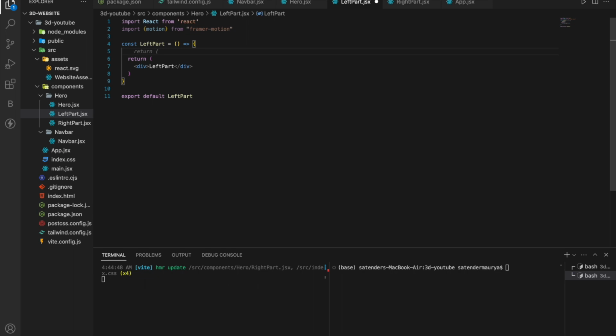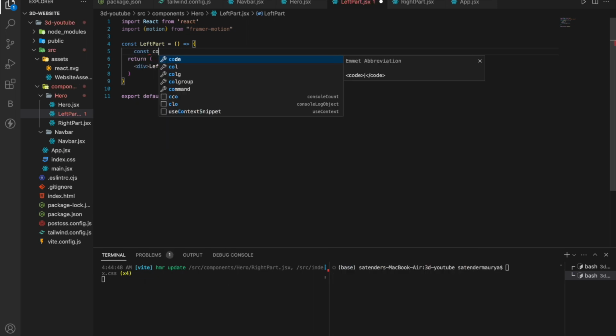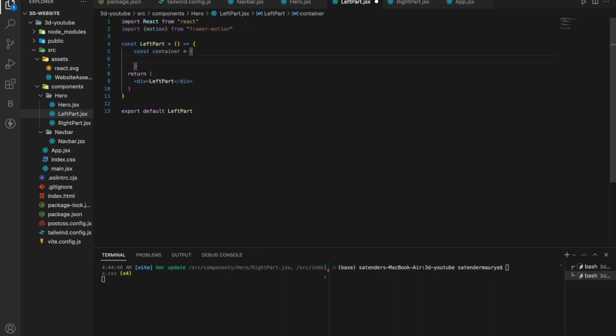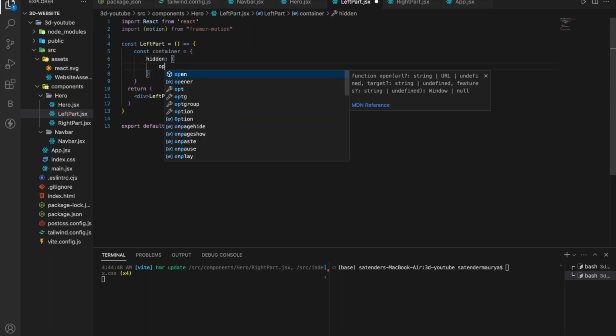Inside the function we'll have some variants. The first variant name will be container, in which hidden opacity will be 0,